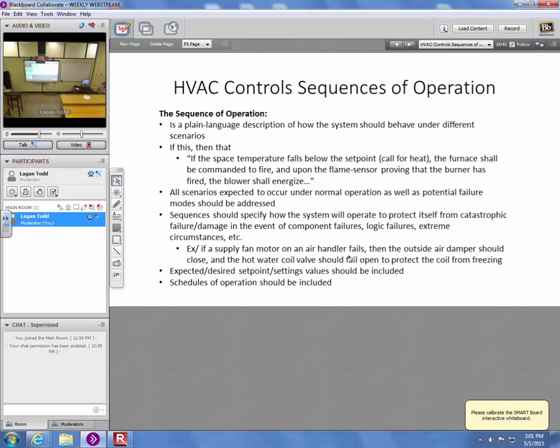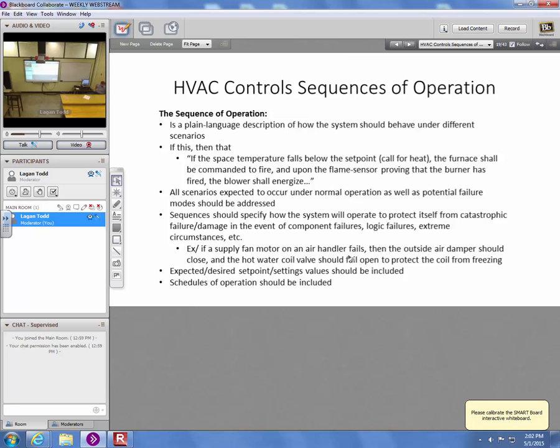This is sound, because basically what you do is you write in your sequence so that if the fan is not on, the outside air damper has to go closed. What you're doing is protecting, and you should generally have your heating valve go open. So you're trying to protect your coil by keeping water flow through the coil anytime the fan's not on, especially in a cold climate like this one. If you leave your outside air damper open, there's potential for cold air to still spill into the system because the cold air is more dense, especially if the coil's at a lower elevation than the outside air intake, which they often are. The outside air comes in, falls just because of its density, pools up inside the air handler and freezes the